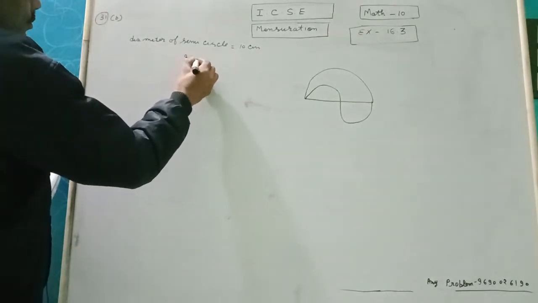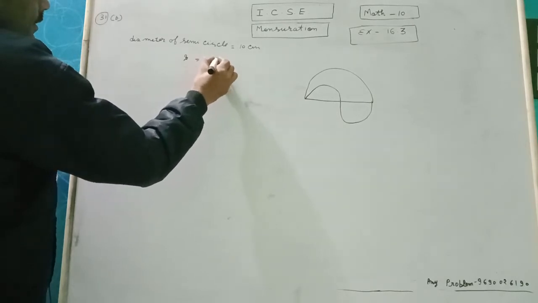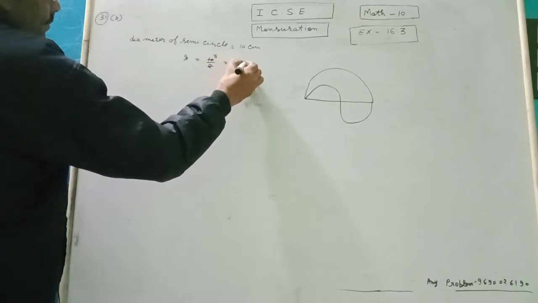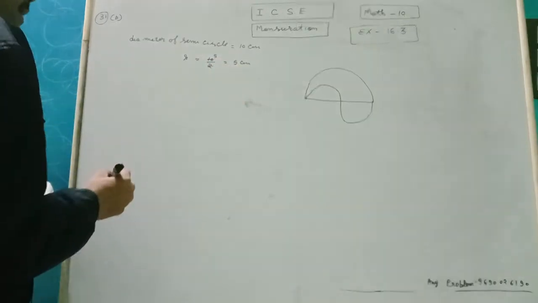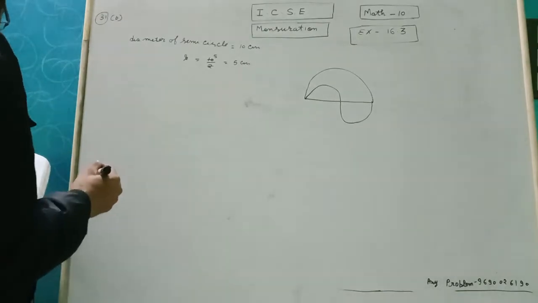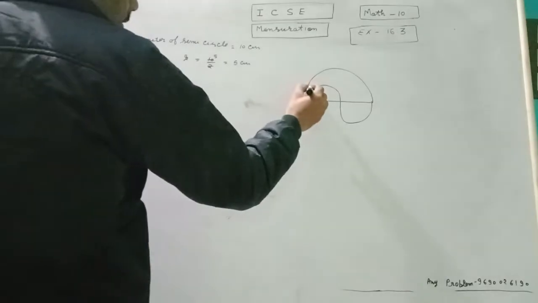R is equal to 10 upon 2, which is equal to 5 cm. At first, the part: the length of the boundaries of the shaded part is